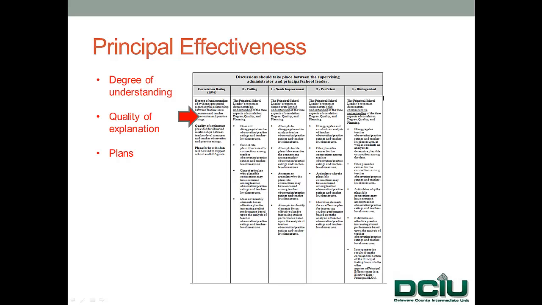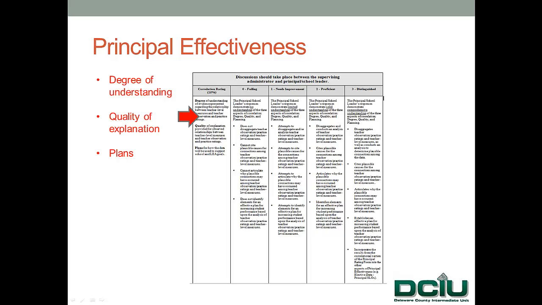So while this is somewhat difficult to see in the slide, you'll see on the left there is an explanation. The correlation rating is based on three different elements focused on the principal. First is the principal's degree of understanding of the relationship between those teacher level data measures and his or her observation and practice ratings.